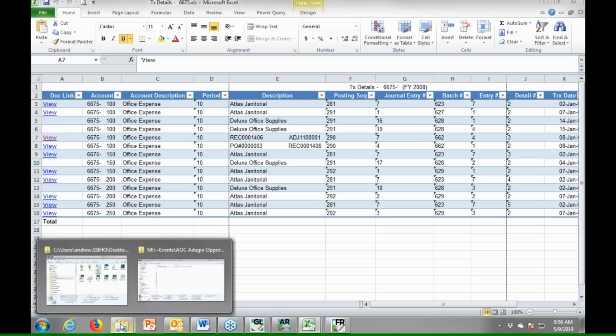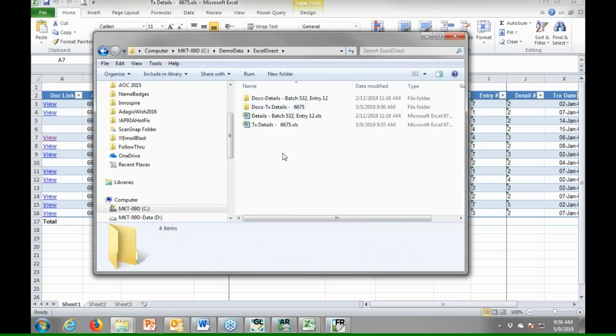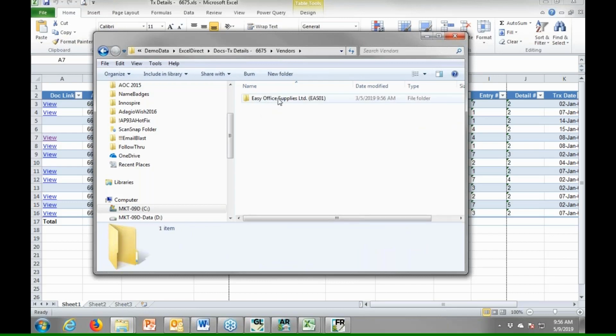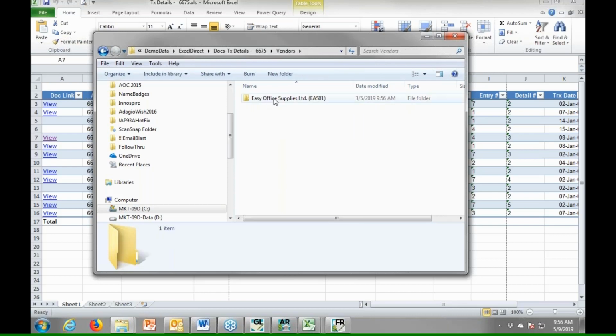And if we go across to the directory where the data is being stored, you will see that not only here's the transaction details for that account, here's the spreadsheet that we're currently looking at. The transaction details 6675. There's a spreadsheet, but underneath that spreadsheet, there's a folder, and inside the folder is all of the documents that have been extracted automatically in subfolders